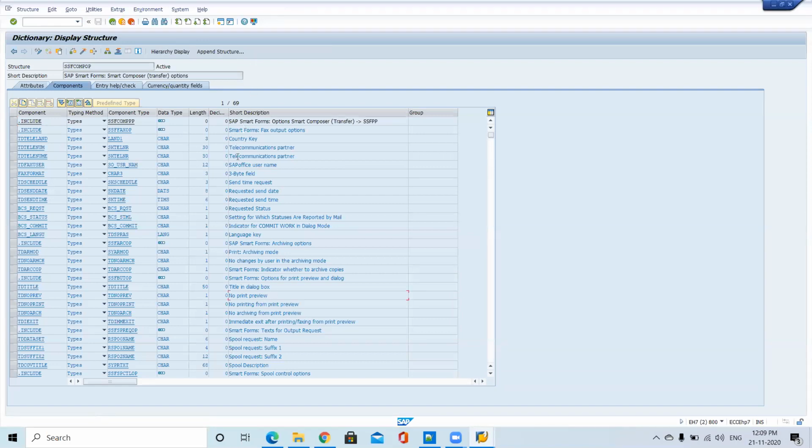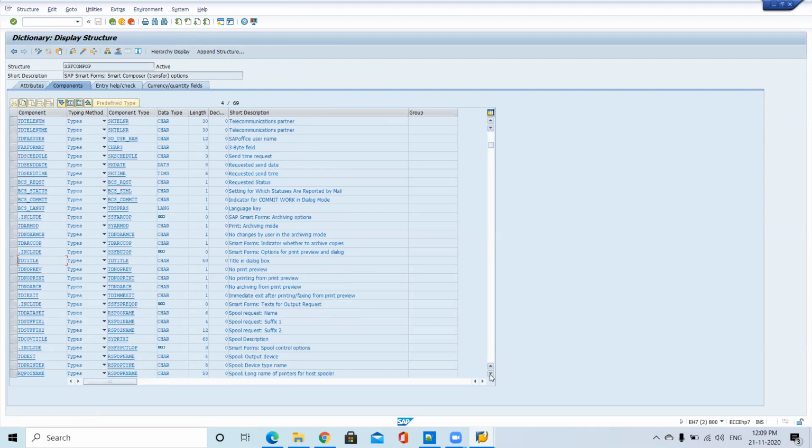Are you able to see anything like a printer name in output options, print, smartphone indicator, TD print, smartphone, format, schedule, status, language, LP01. Okay, here also we have one more parameter called TD destination. We'll try this parameter.